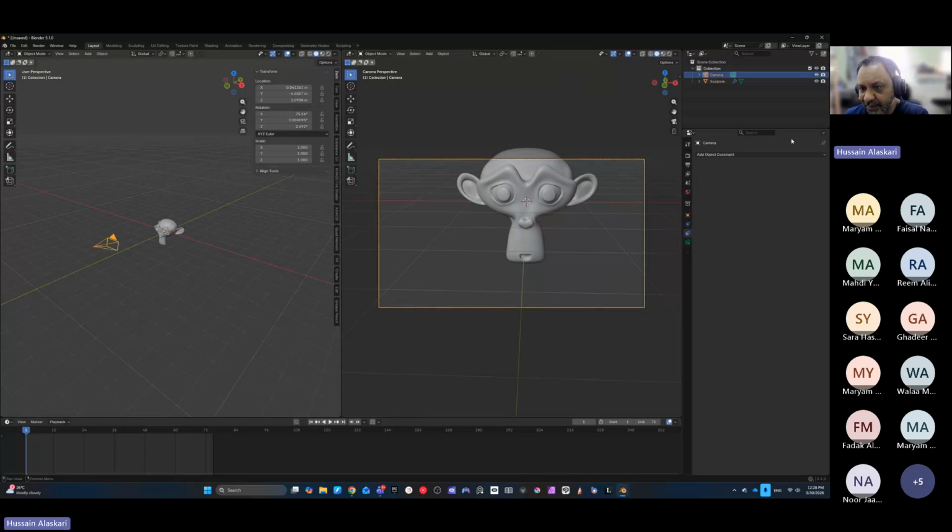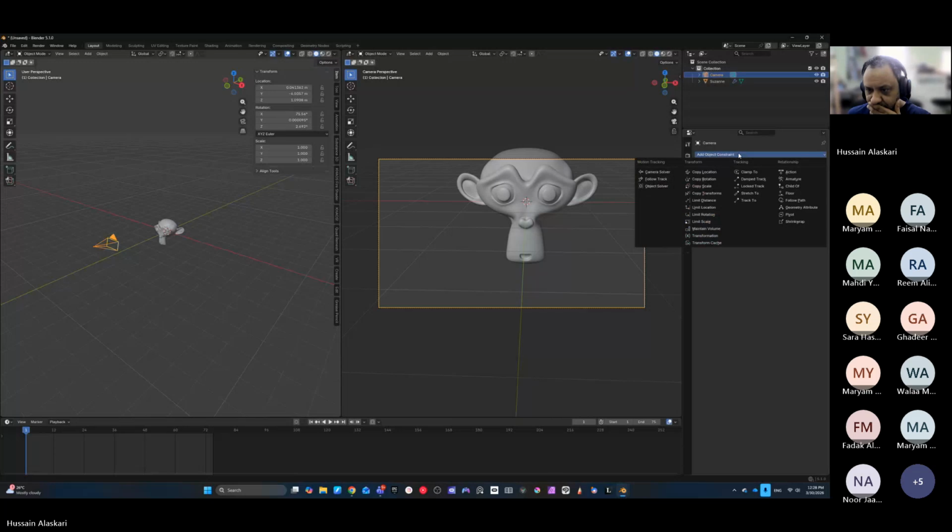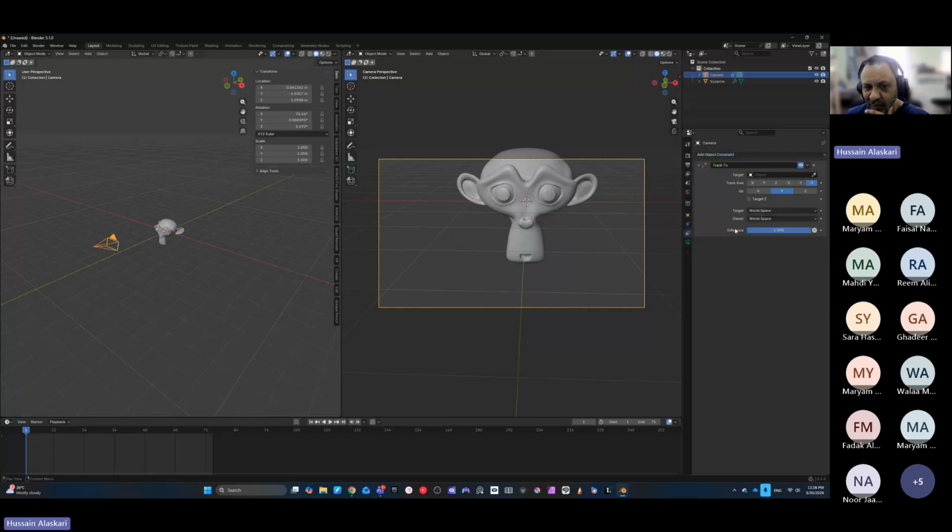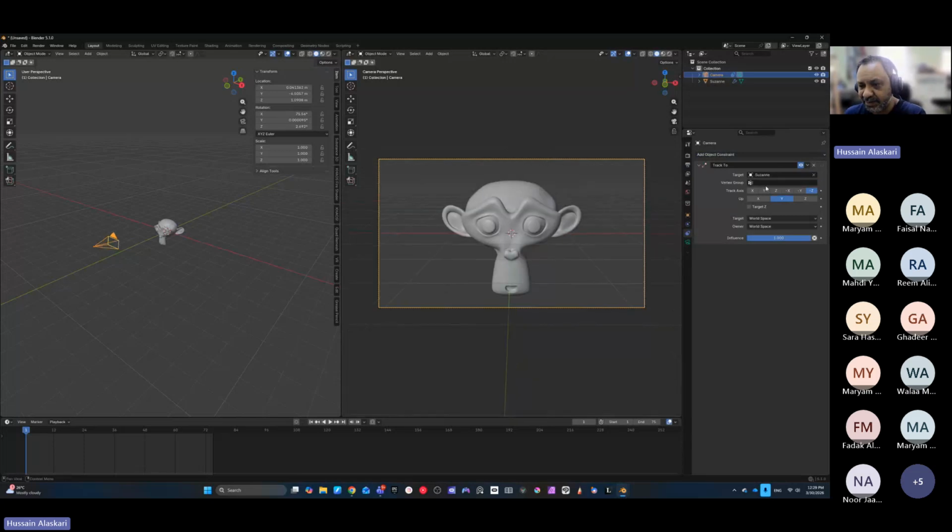So I can go to the camera, add an object constraint from here, and select track to. So I want the camera to track to the monkey, which means in the settings here, it says, where is the target object? So what is my target object? The monkey. Yes, there we go. So it's the monkey. As soon as I click it,